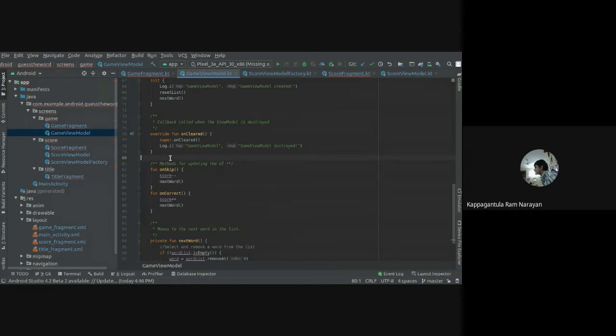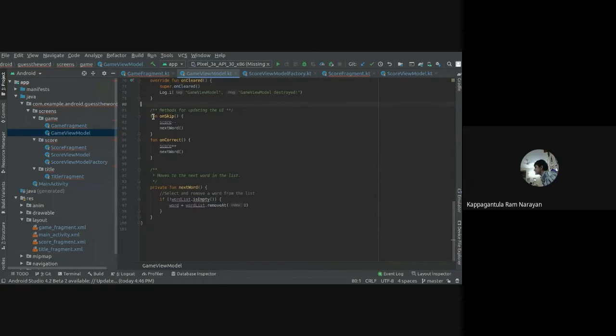Now you have something called override fun onCleared. What this function does is, whenever you change the orientation of your screen, the fragment is going to get destroyed and recreated again. So when it's destroyed, you'll have to release all the memory that is taken. So you use this function called onCleared. You override onCleared and then call super.onCleared, and inside, if you have any specific code that you need to add, you can add it over here, or you can just use your log messages.